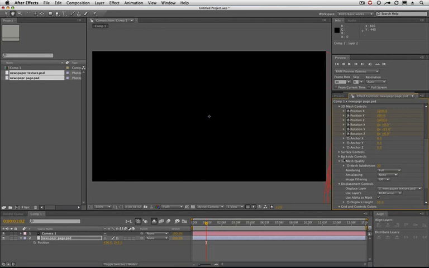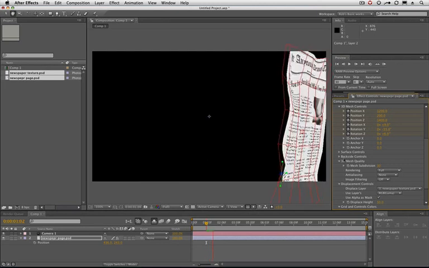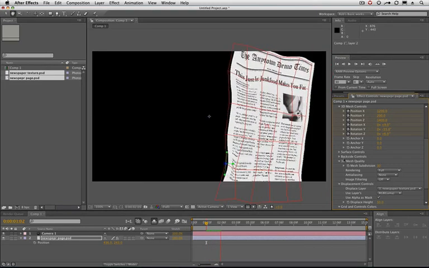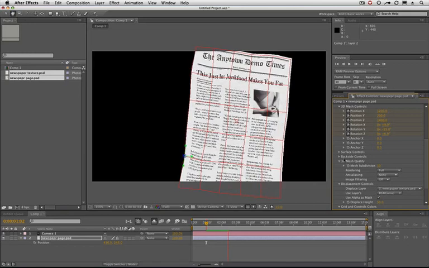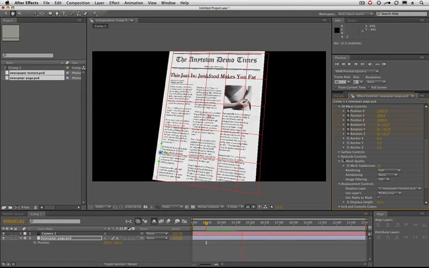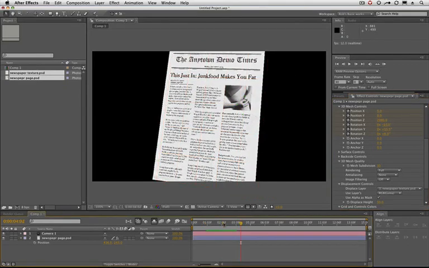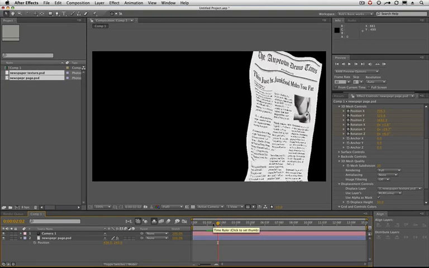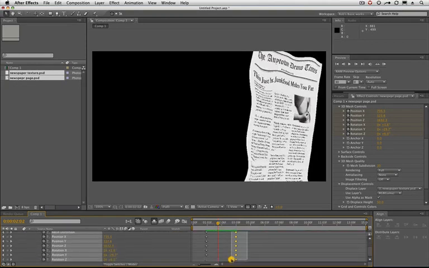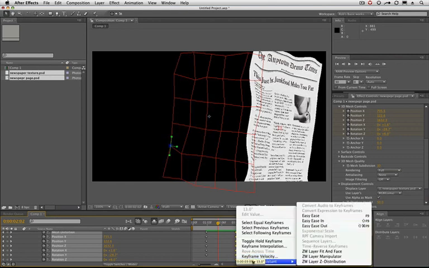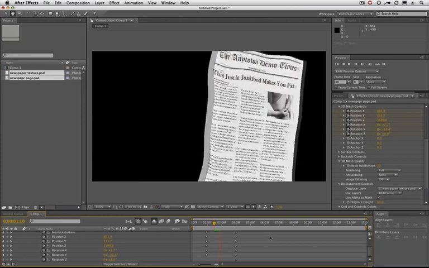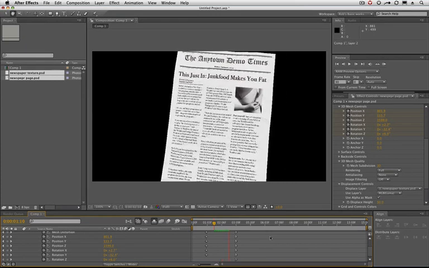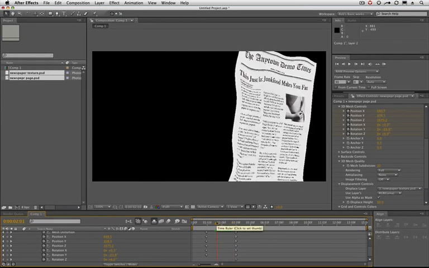Okay, and if I were to step through these frames, see the paper comes in, straightens itself out. And there's our page. Let's look at our keyframes. There they are. Let's ease into all of them. Just a little keyframe assistant. Easy ease in. So it looks okay. It's still really flat, but it's a true 3D layer, even though we have not enabled